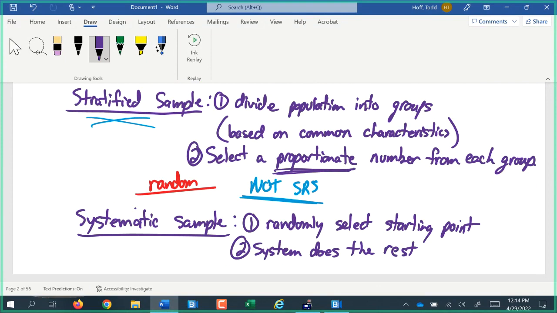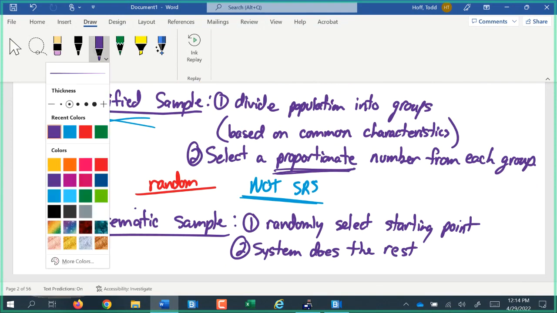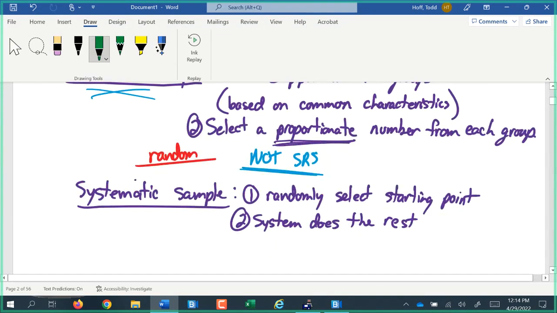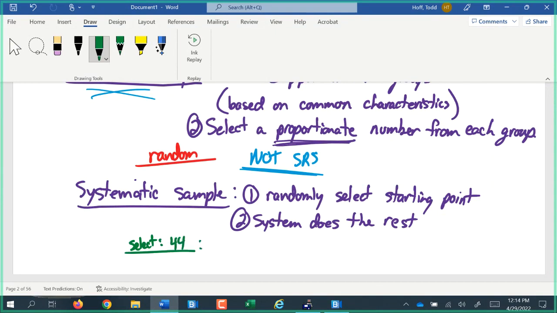But like going back to the manufacturing example, if I wanted to choose parts to test, if I wanted to test at least one in every 100 parts, what I would do is at the beginning of the day, I'd randomly select a number between 1 and 100. And let's say the random number I selected is the number 44. So then what I would do is I would test the 44th part off the line, then the 144th, the 244th, the 344th. What this does is I've tested now one out of every 100 parts,